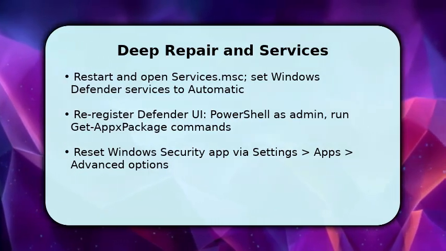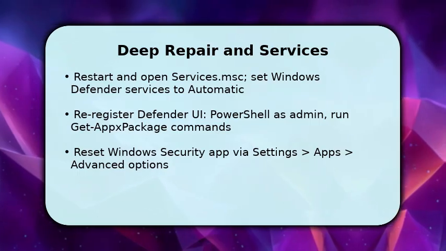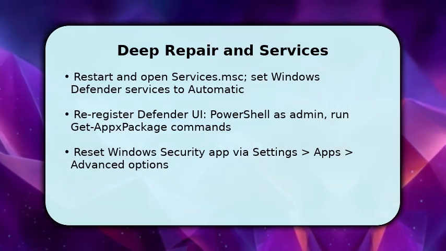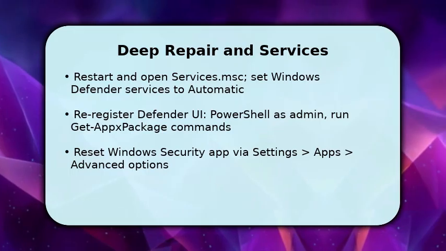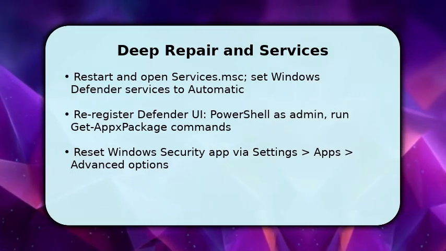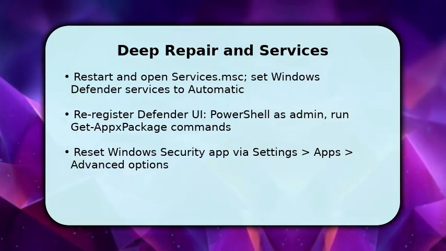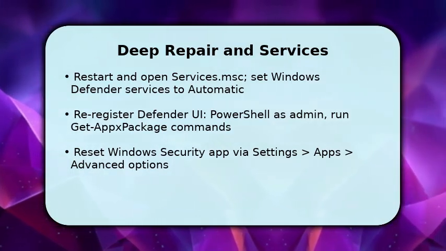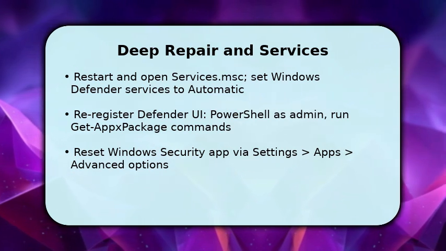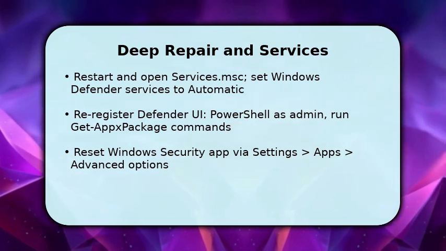After that, run PowerShell as admin and re-register the Windows Security app with the Get-AppxPackage and Add-AppxPackage sequence to restore missing app manifests. Make sure to reset the Windows Security app via the Settings app's Advanced Options, so cached failures are cleared before testing